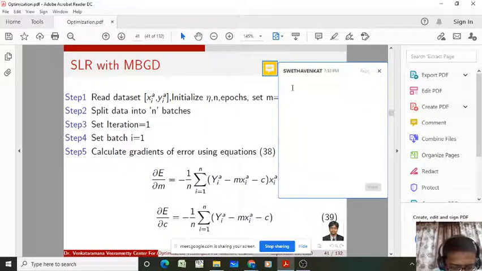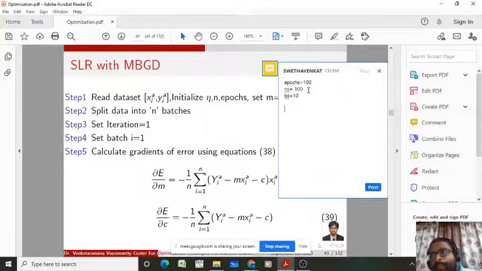So ns is nothing but the total number of samples available in the dataset. Let us assume it is 100, and the total number of epochs is 100. The number of samples is also 100, and your batch size bs is 10.